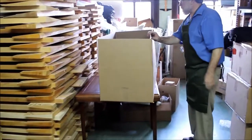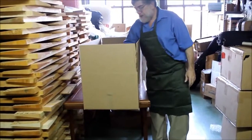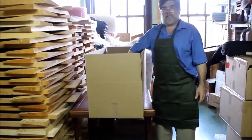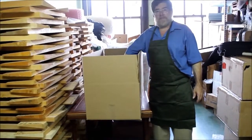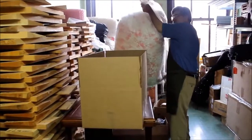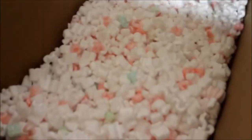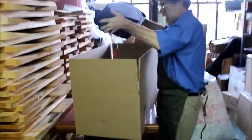The first thing that we're going to do once we have our box assembled, we're going to put packing material into a depth of 3 inches before the case is put into the box. So I'm going to pour the packing peanuts in and spread them out to a depth of 3 inches. I'm going to set it in the box and settle it in